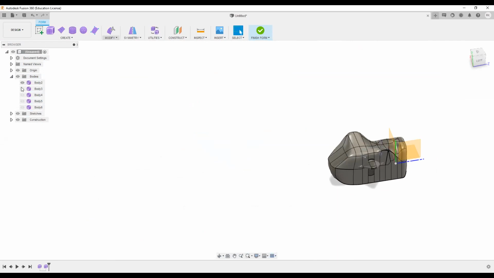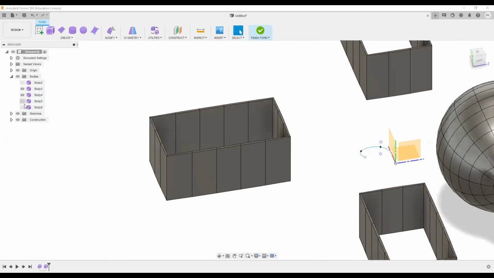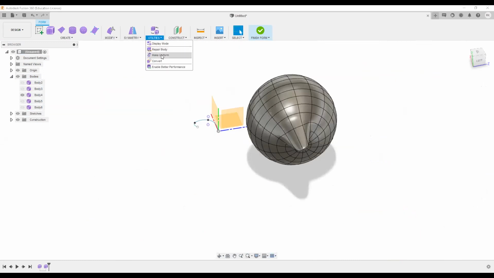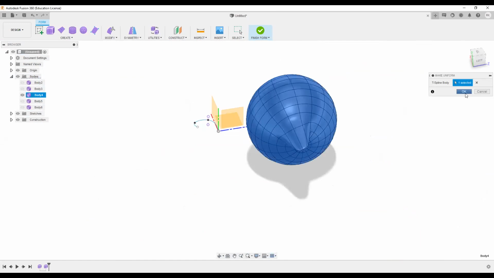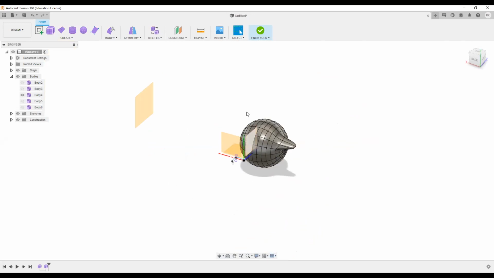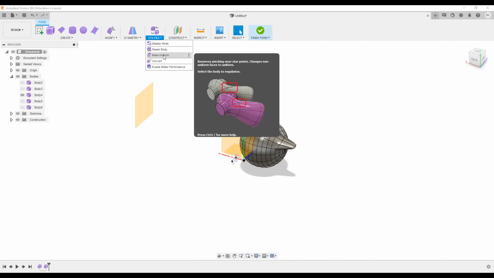I'll take one more example here. What it does is it makes all the edges and vertices into a uniform pattern, or a uniform flow of geometry. It does exactly that. So it's very specific to the example, to whatever I'm making. It depends on that also.